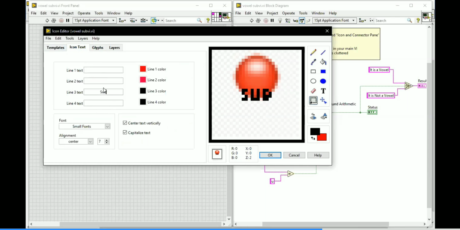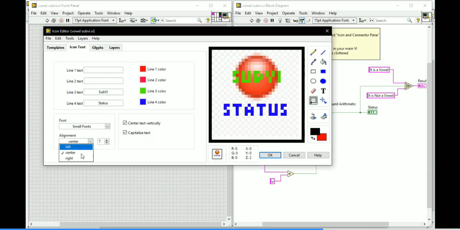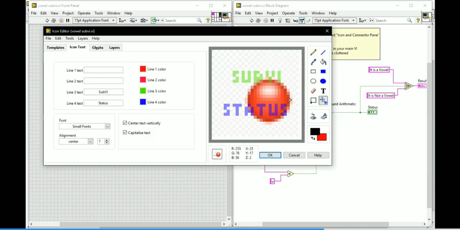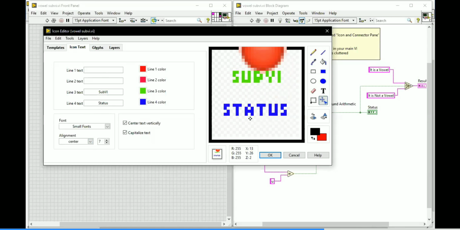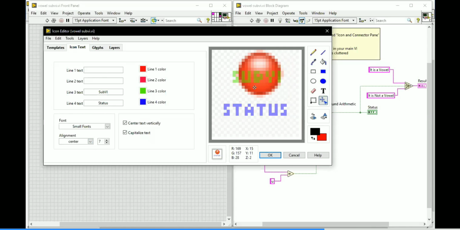So I'm going for the status. If you want, just make any colors over there. What about the color? You can give any color over there. So how to align all those things? You can give all those things over there. We can place it anywhere. Okay, so just place it over there.